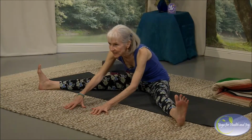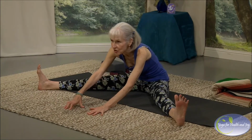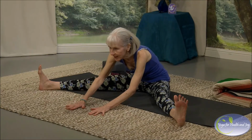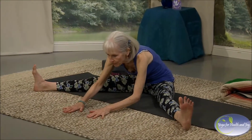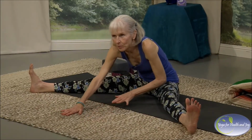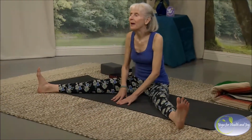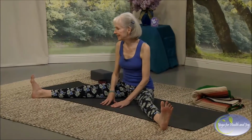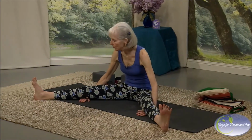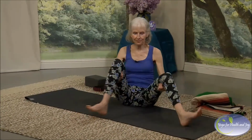Your body didn't get stiff or in the condition it's in in five classes. It takes a little while. Be patient. The more you bring your awareness to your breath and to your body, the more it will relax and open. So here, to come out of this pose, take your hands underneath your knees to bring your legs back up. And then,